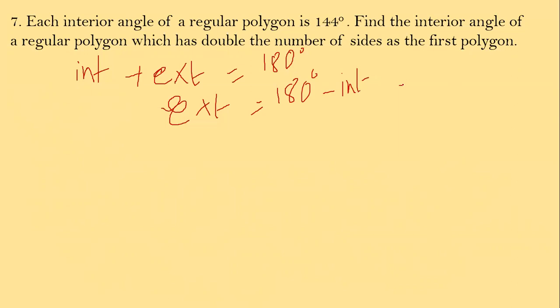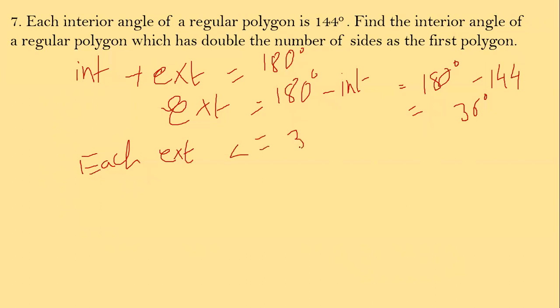So how much is this coming? Interior कितना है? 144. तो अगर 180 डिग्री minus 144 आता है तो कितना आएगा इसका वैल्यू? Find it out quickly. Yes, it will be 36 degree, right? Therefore each exterior angle is actually 36 degree. Okay, and what we know, sum of the exterior angle is 360 degree. फिर से हम लोगों को पता है 360 degree divided by,